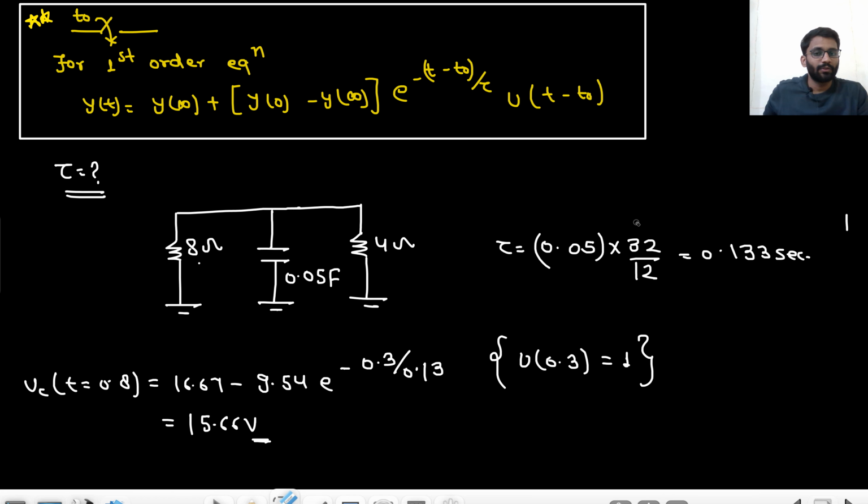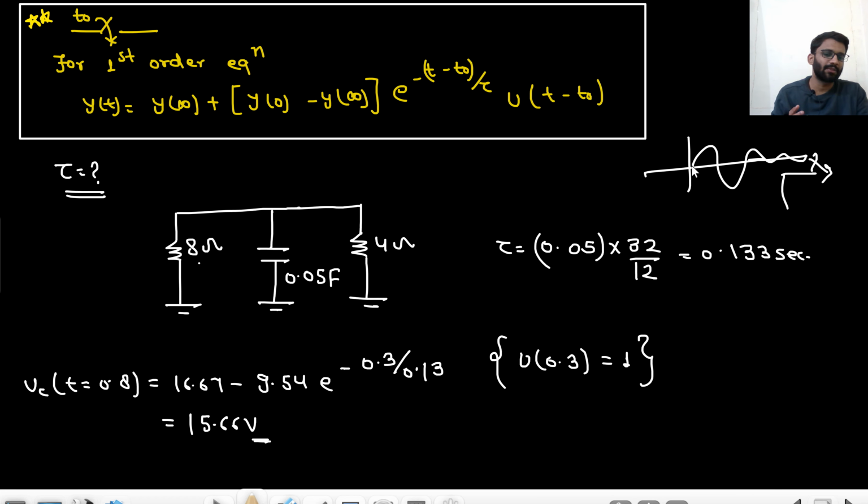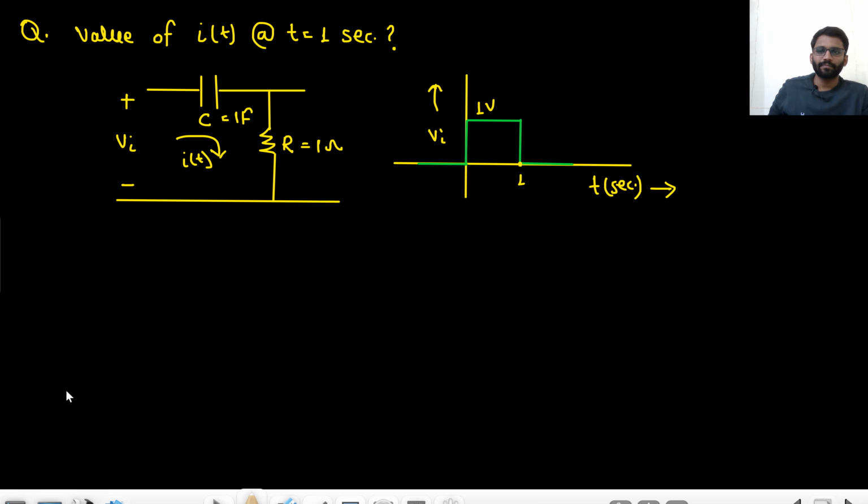So this thing will also be used when we study the sinusoid response of RC and RL circuits. In that case, the sinusoid will already be running. So what is the meaning of closing the switch at t equals t naught? That means your sinusoid is already running, and at some particular time t naught you are closing the switch. We will see this concept when we study the sinusoid response. So this was an important point. Okay, let's move on to the next problem.